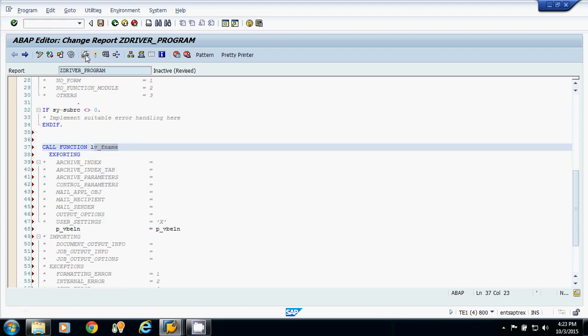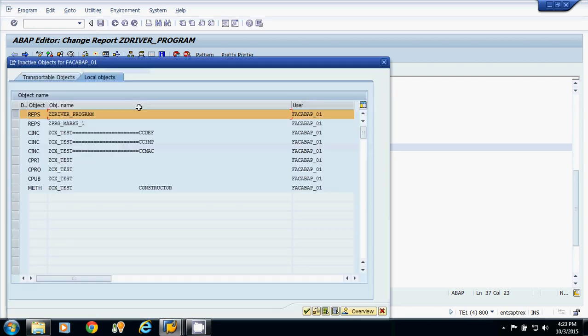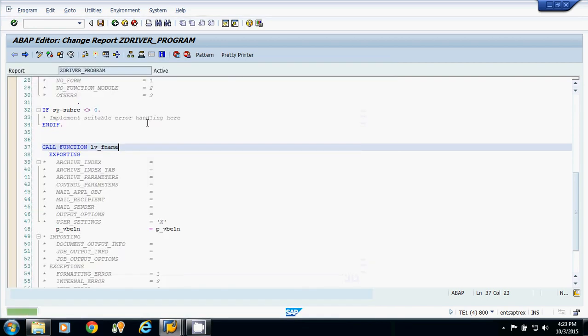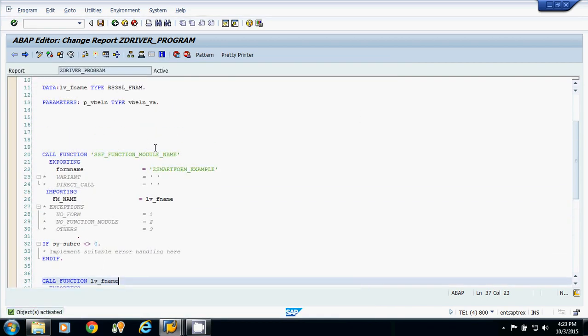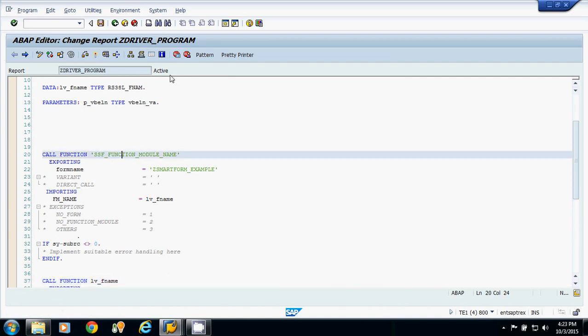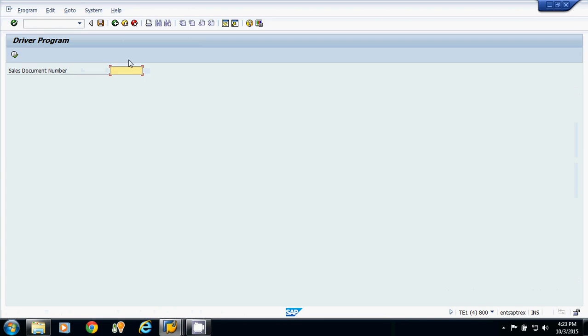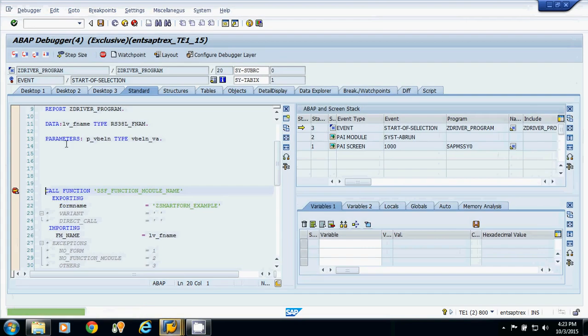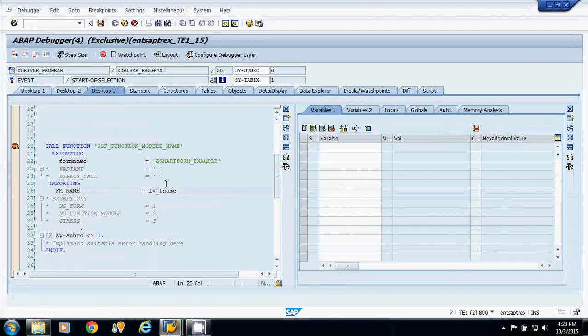Now I am checking the syntax and activating this. Now I will show you this in debugging mode. I am putting the debugger point here. I am executing it. Suppose my input is 4970. I am going for desktop 3.